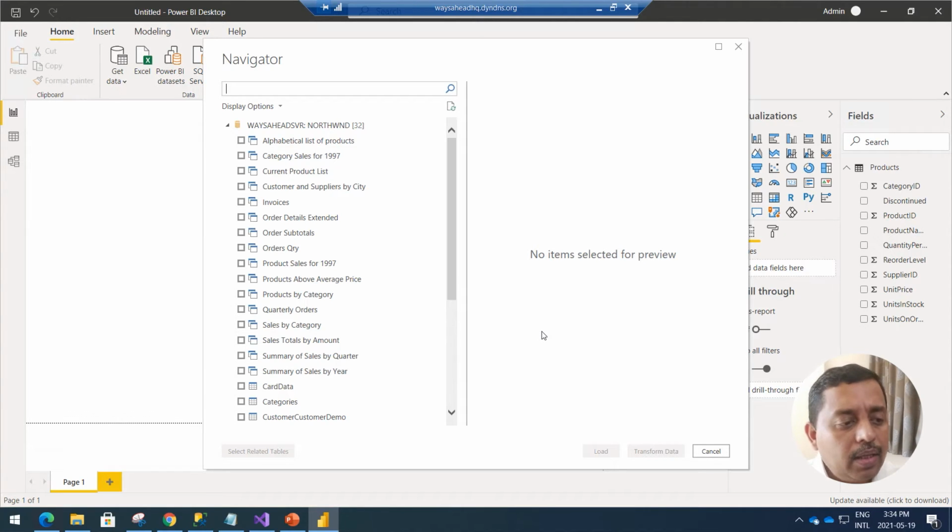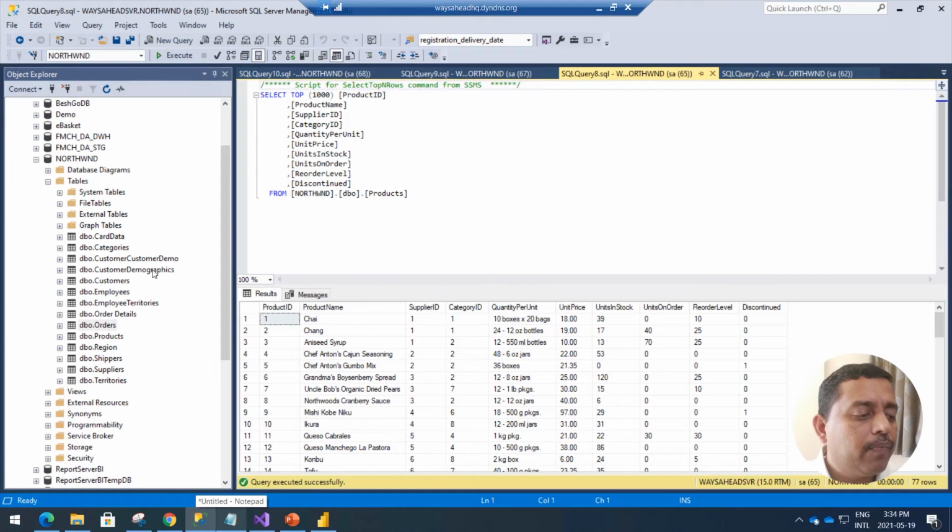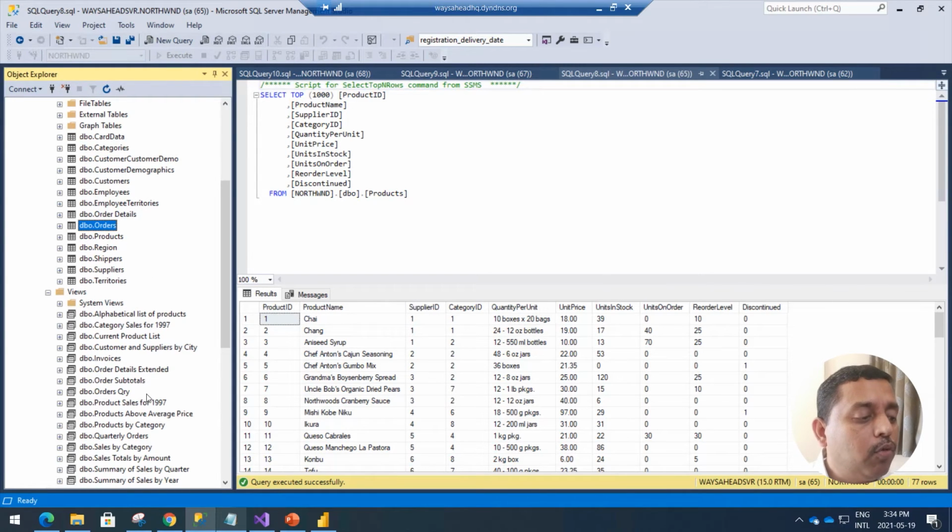There are some other factors and components also which we are now going to discuss. So let's take an example. I am in SQL Server, and I'm just trying to write some queries. Suppose there are some queries. We have these queries in the view format. Though I can get the view directly in Power BI also, if you are connecting to SQL Server, you will be able to connect to the views as well.